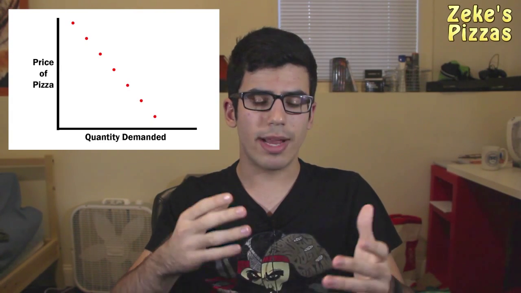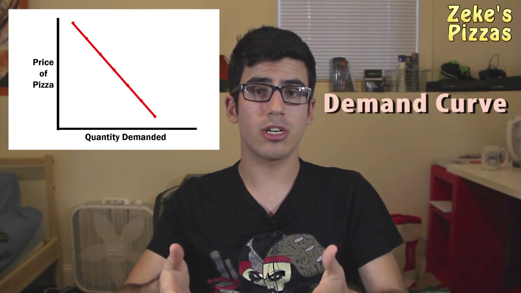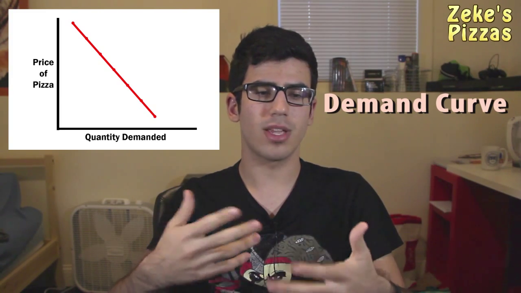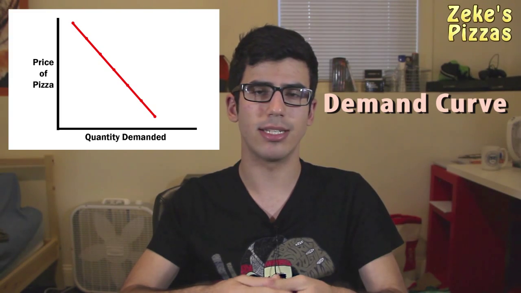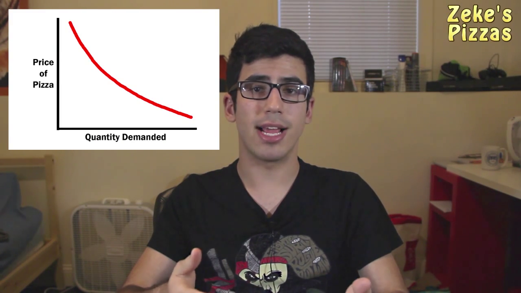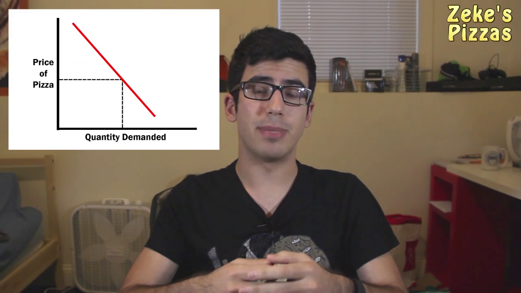And if we connect all these points together, we get what's known as the demand curve, which shows how buyers react to changes in the price. Now, this demand curve is normally relatively curved, but just for the sake of making things simpler, we're going to make it just a straight downward sloping line. Now, we see that if we change the price of the pizza, we can change the quantity of pizza demanded,